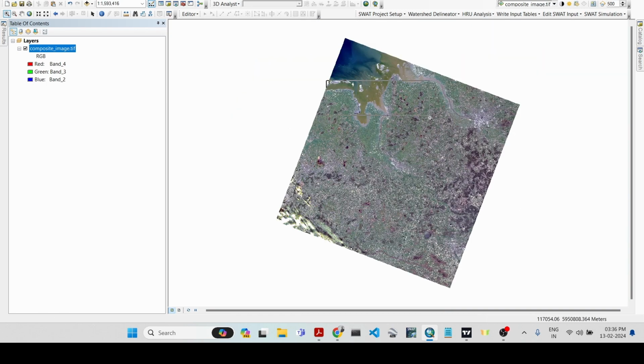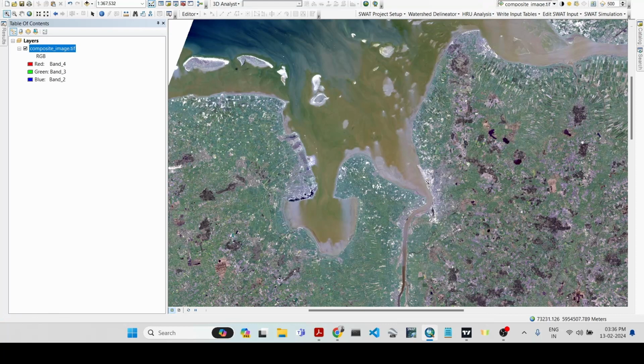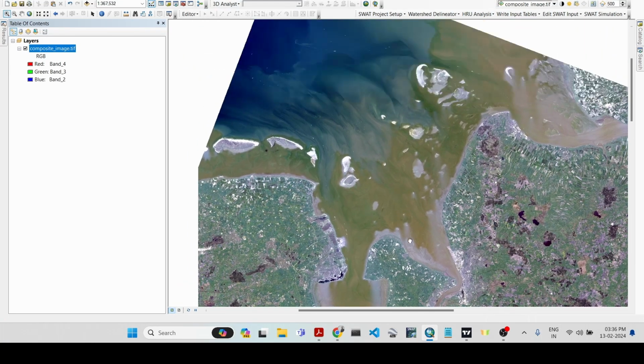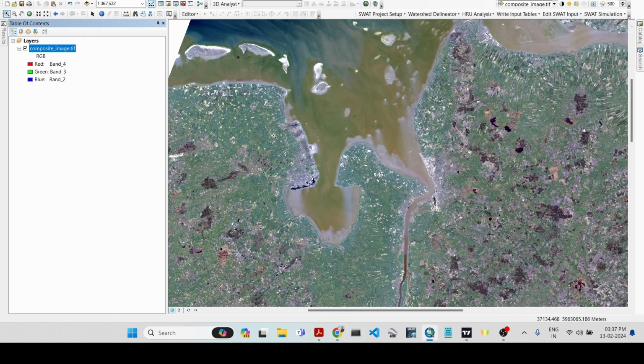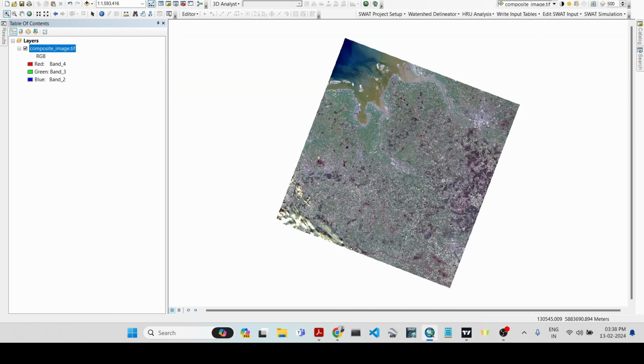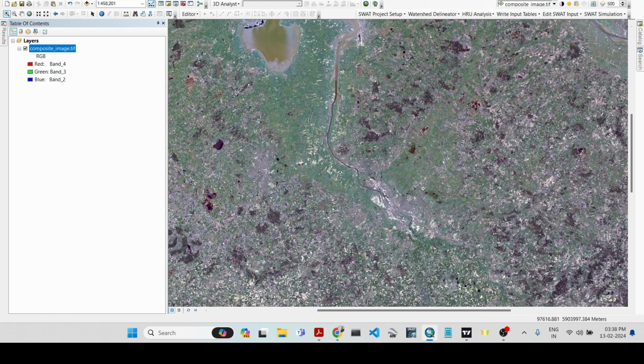and these are the sediment. You can see the closer the land, the sediment quality or the sediment quantity is higher. So this is basically the true color composite, and you can discriminate certain features with this combination. So the next combination we are going to use is often called a color infrared or a false color